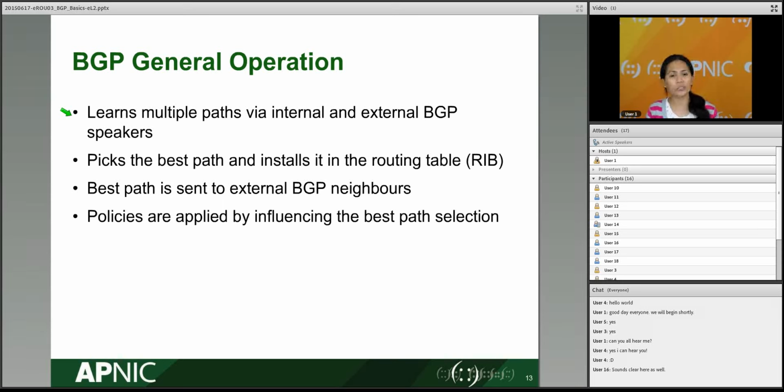Okay, it learns multiple paths to different networks from other BGP speaking neighbors. So let's say for example, I am a router from network A. I am directly connected to another router in network B. So both of us are BGP speakers. I have connections to other networks